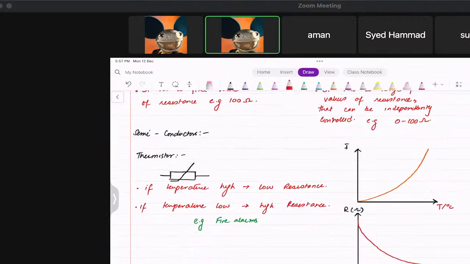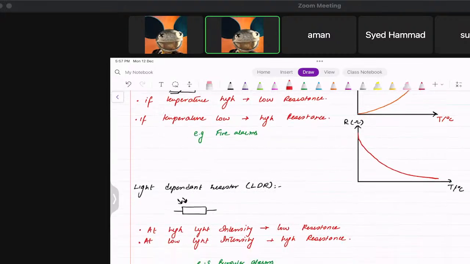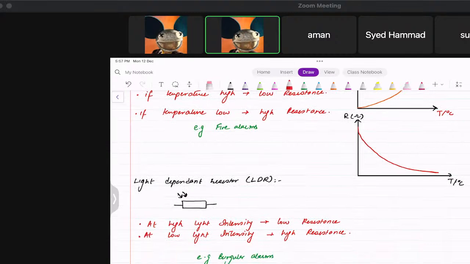Then we have some semiconductors like the thermistor, which when the temperature is high, the resistance is low, and when the temperature is low, the resistance is high. So this works opposite to a normal wire. The graphs actually show that, and the graphs are, you see, non-linear, which means they do not follow Ohm's law, okay? Same goes for the light dependent resistor. When the light is bright, there is low resistance. In darkness it has very high resistance. Okay,